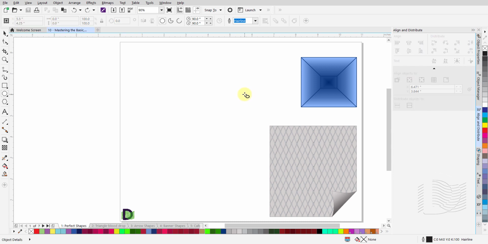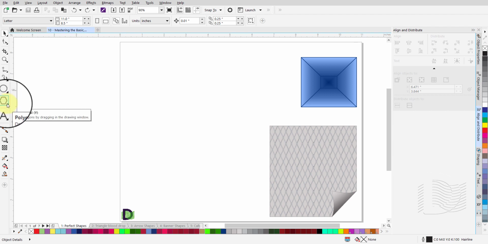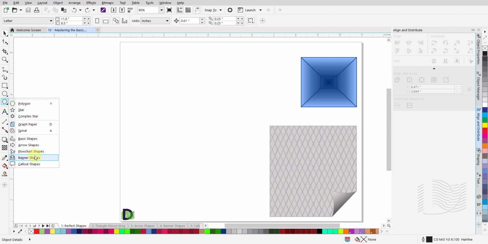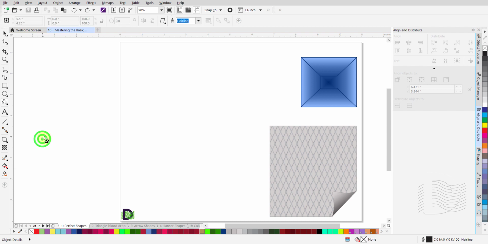the proportions. The Perfect Shapes group comprises predefined shapes, such as the Basic Shapes tool, Arrow Shapes tool, Banner Shapes tool, Flowchart Shapes tool, and the Callout Shapes tool. Connectors tool will also be included in this tutorial. Click on this black triangle in the Polygon section to reveal the shape groups in the Predefined Shapes group. Click on this icon for the Basic Shapes tool to select it.